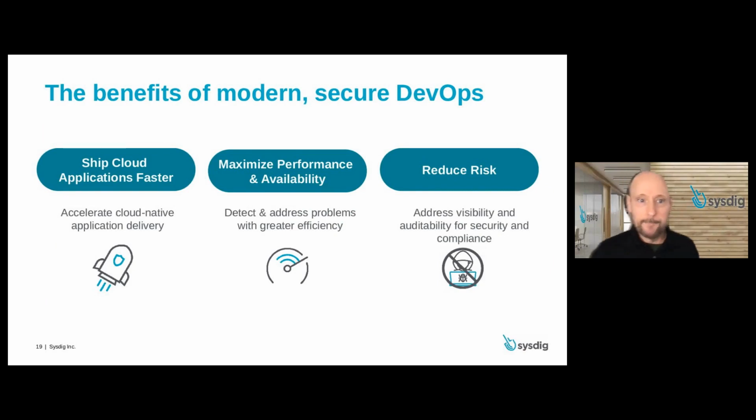One, adopting DevOps, adopting it in a secure kind of way, secure DevOps, we call it. You're going to be able to ship applications faster. Why? Because a lot of the things that might stop you and stall you are handled, right? And because those things are handled and you have the right level of visibility, you can address things quickly. So the performance of what's running, the availability of what's running, you'll have a greater handle on